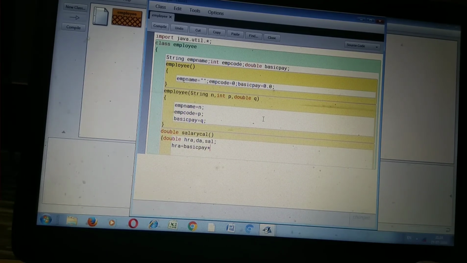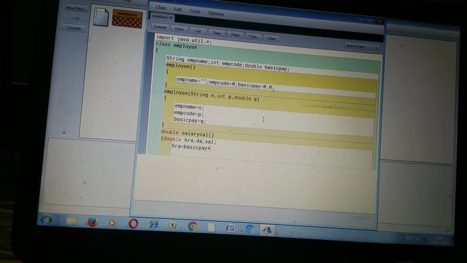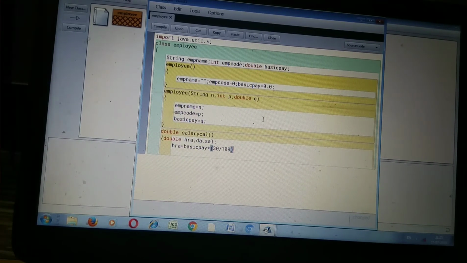We can write 0.3, or we can write 30 upon 100. So we write here 30 upon 100, then a semicolon.